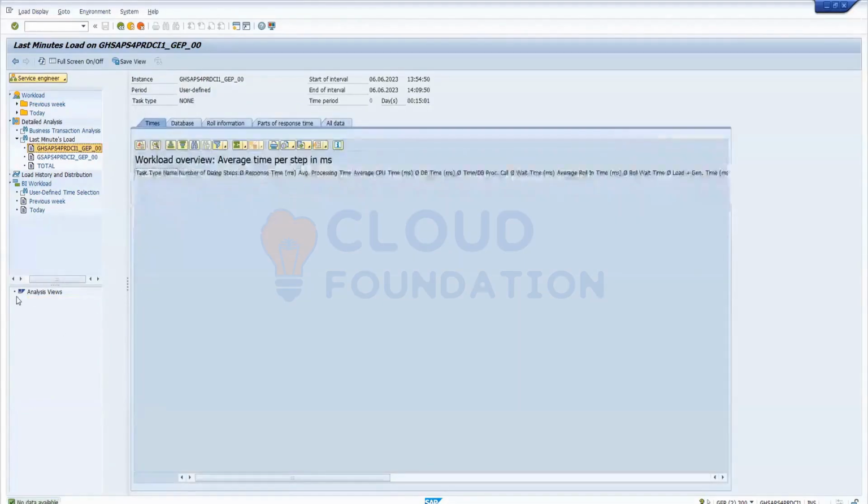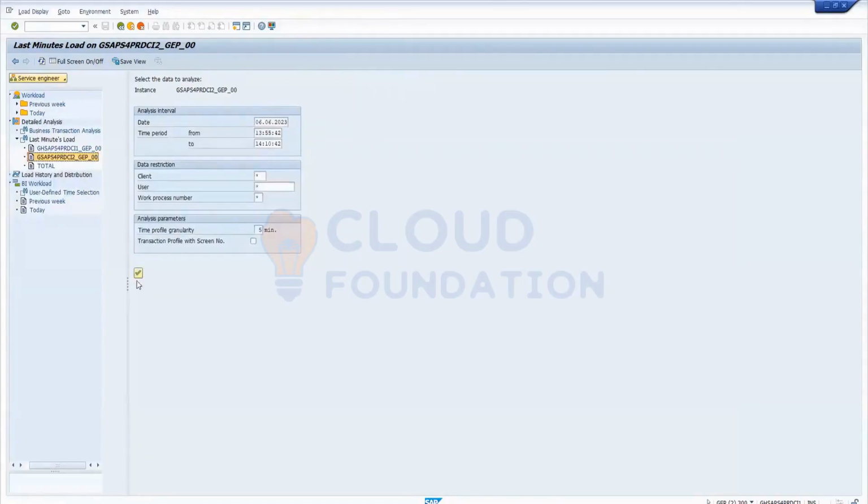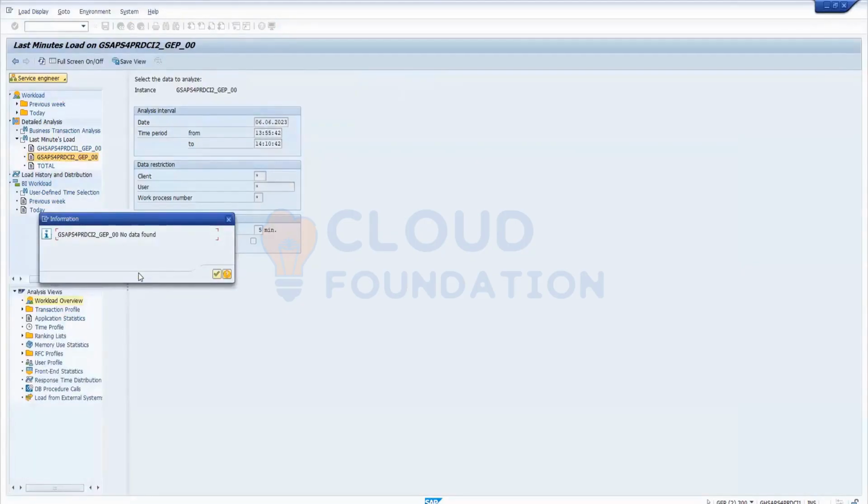It's good because you can select the second one. This is this one. Now double click this one. They are not correct in your system. Your vendor is not very good. This is the production system, so they must have the data. Even in the production system, they are not taking the data. They have not scheduled the background job. Because you don't have any data, that's why it is not coming.